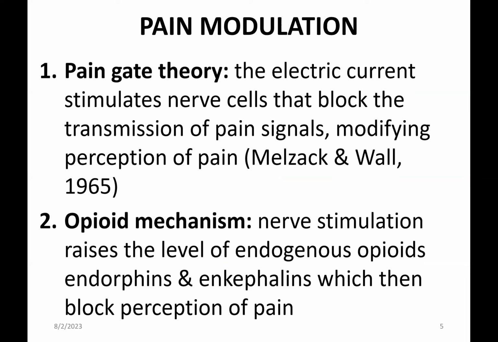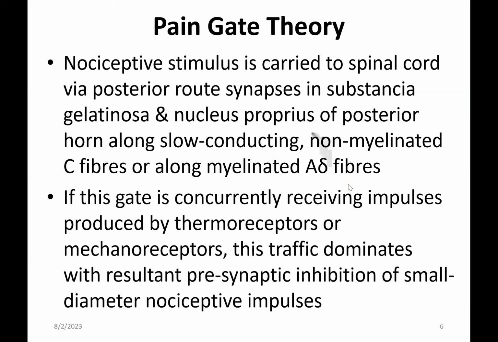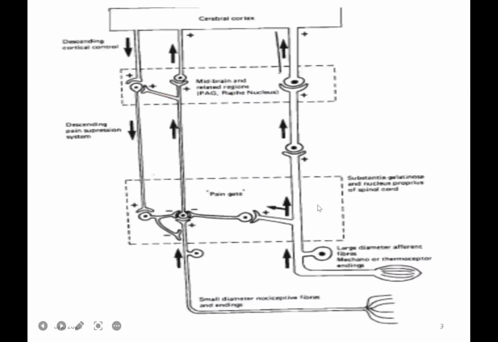So when you apply TENS, as seen in this image here, that electrical stimulation goes up to the brainstem, and through the interaction of the periaqueductal area of gray and the raphe nucleus in the midbrain, there is stimulation of the release of endorphins and enkephalins into the substantia gelatinosa, which is at the level of the spinal cord. And here, the